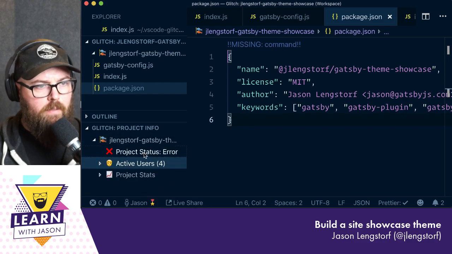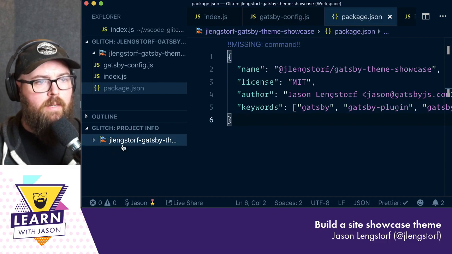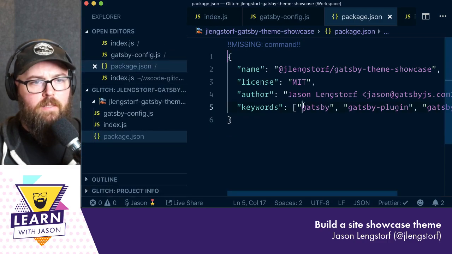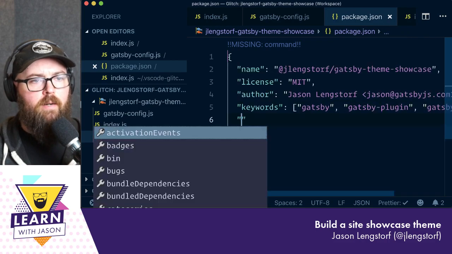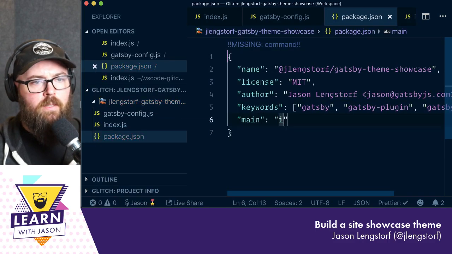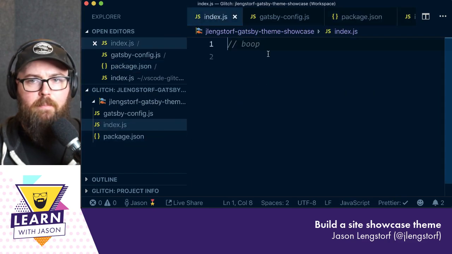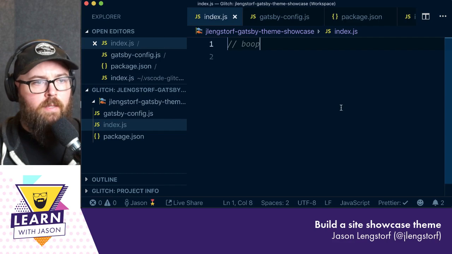And my error is probably because there's nothing in here to look at. So, oh, I need a main. That's why it's probably giving me an error. So let's set the main to index.js. That's why we created this. And then